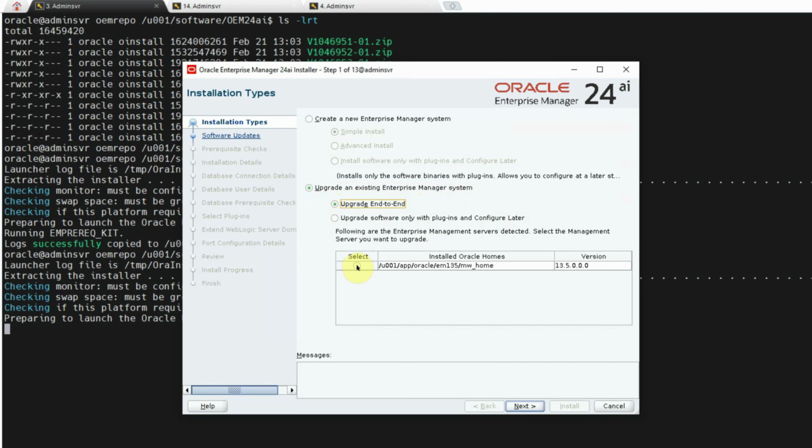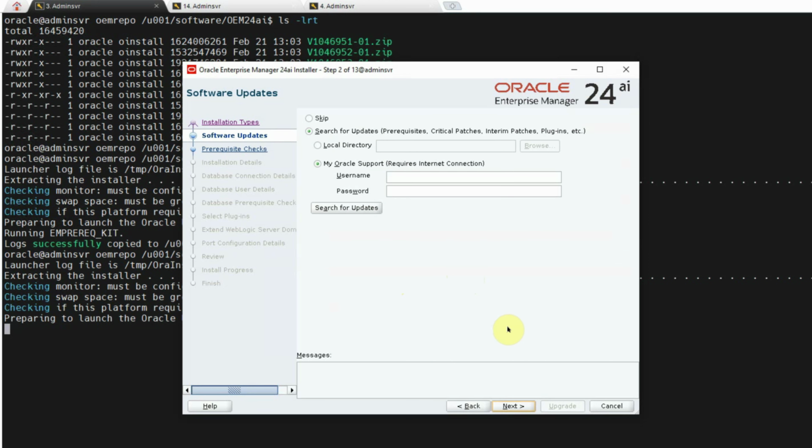So once the first option is selected, you also select the existing middleware home that is going to be upgraded. And this is actually an out-of-place upgrade. This installer is not going to modify anything in this existing middleware home. Rather, it's going to create a new middleware home with a new directory for the 24.1 OEM system. So click Next, and then